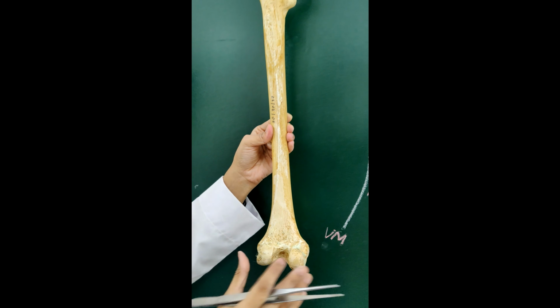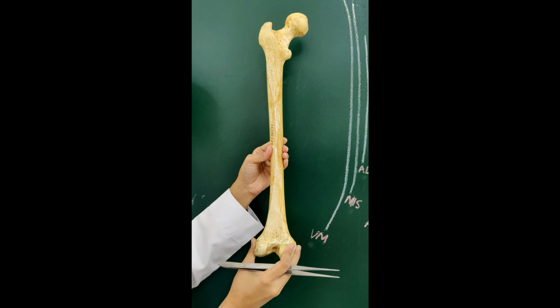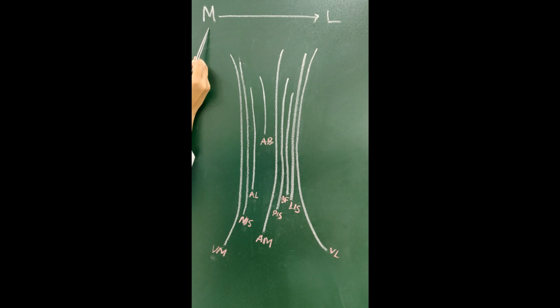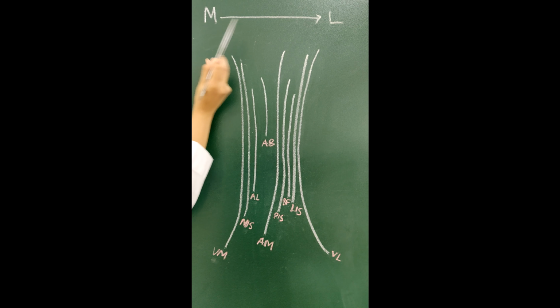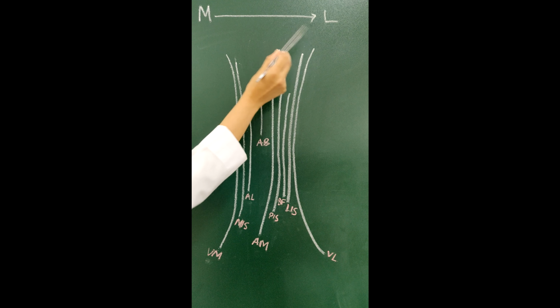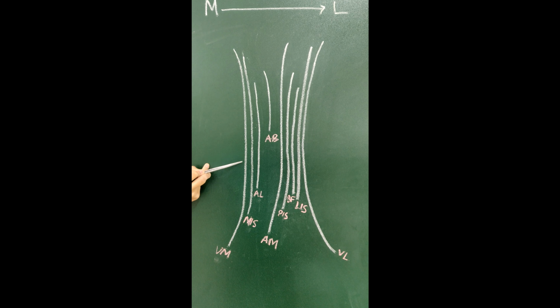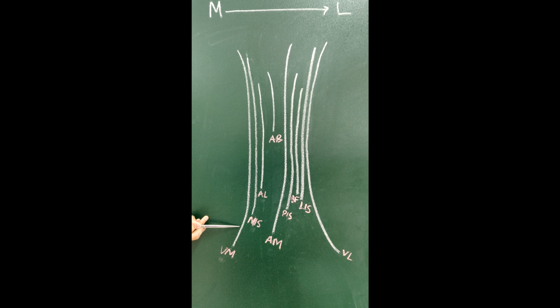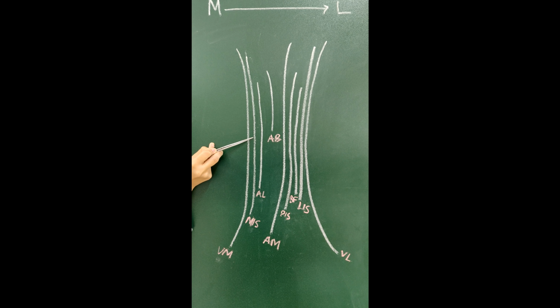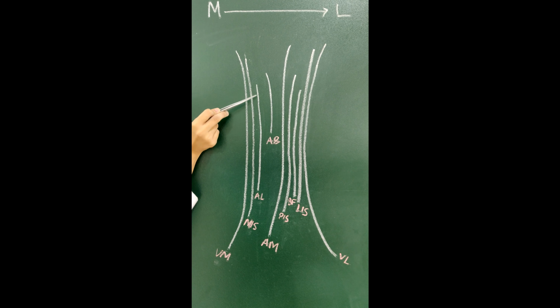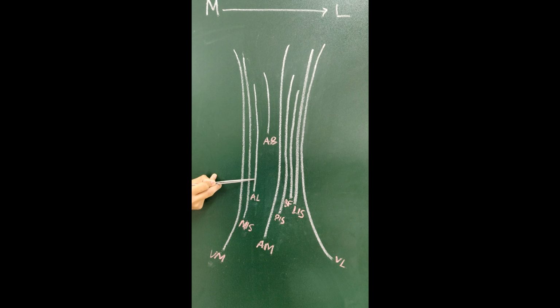Now, let us look at the attachments of linea aspera. Let us discuss the attachments from the medial to the lateral side. Vastus medialis is attached on the medial lip of the linea aspera. Next we can see the medial intermuscular septum. Then we have the adductor longus muscle,